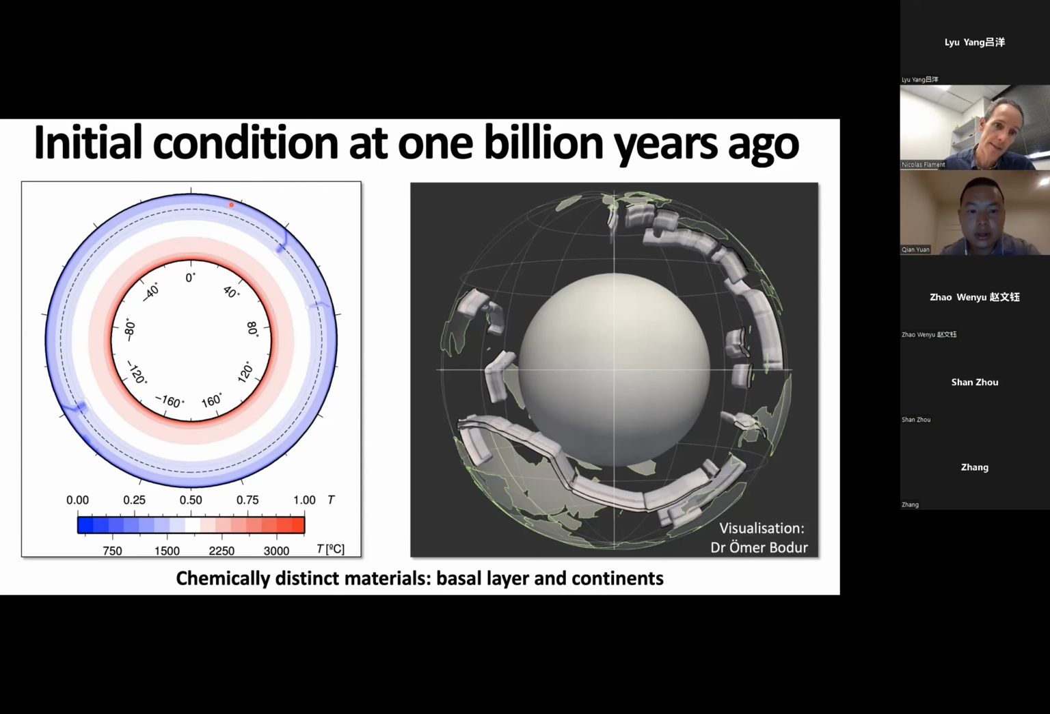There's an adiabat, so temperature increases with depth. And one more thing I need to tell you is that in the lowermost mantle, in some cases, there is a chemically distinct material that's denser than the surrounding mantle, and I vary that density, and in some cases it's purely thermal. Here's that same initial condition seen in 3D, and you see the slabs inserted into the Earth's mantle